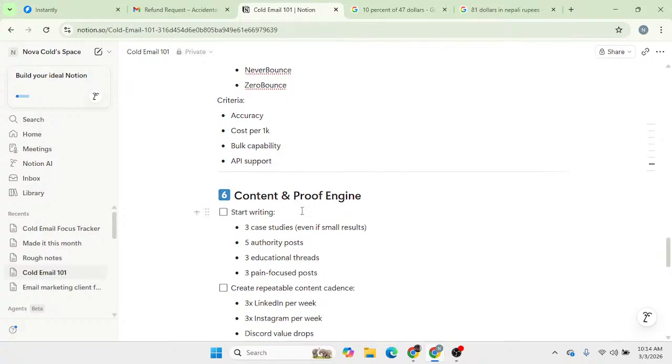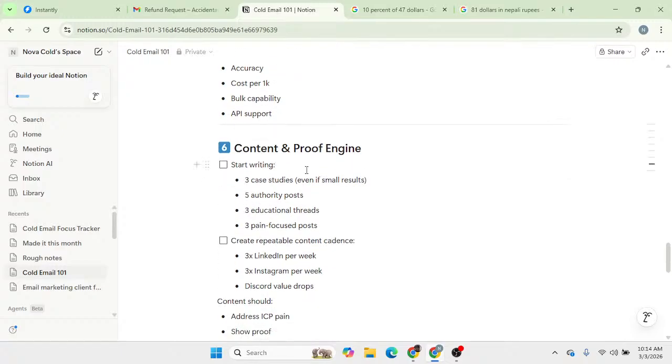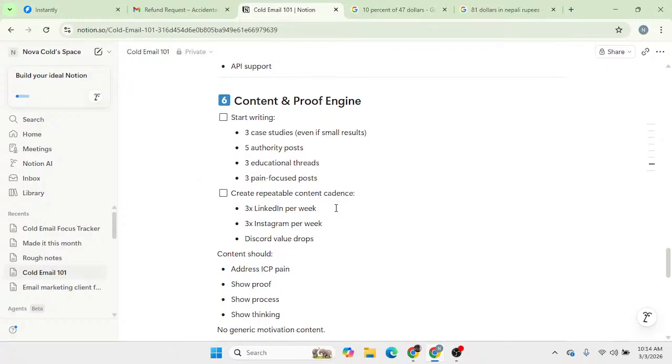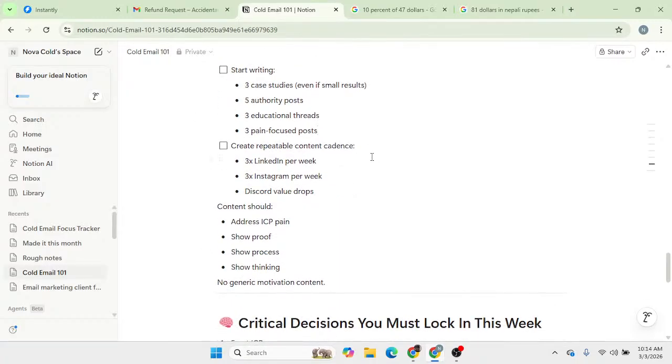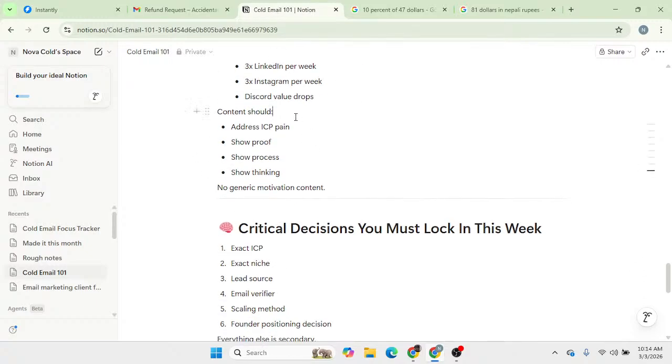Yes, and then content proof engine. Start writing 3 case studies, even if small results. Authority posts, 3 educational threads. Suggesting content should address